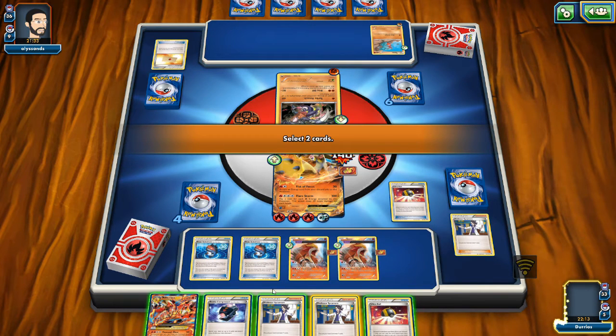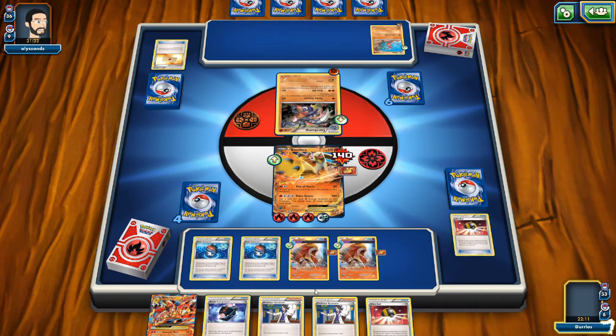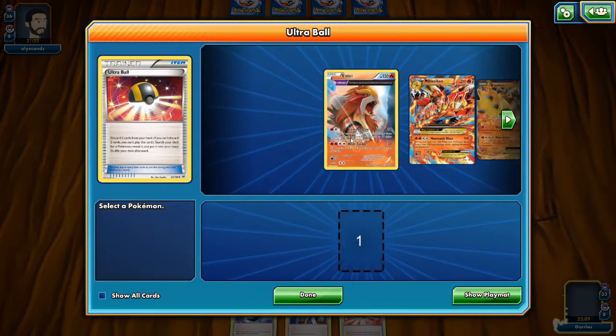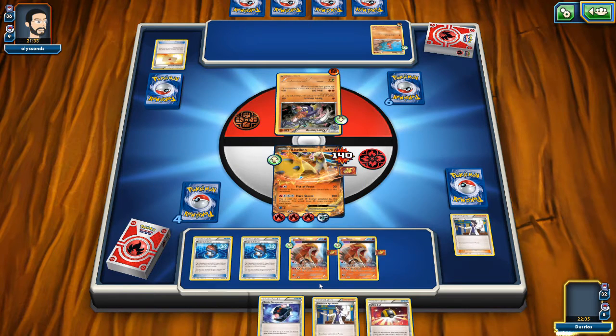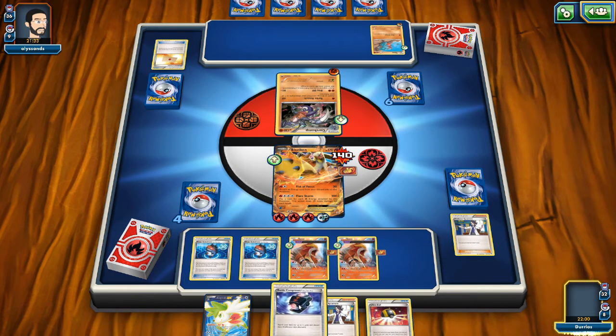Maybe. I'm gonna discard the Mega Blaziken. I don't think we'll use it here in this matchup. And we'll go for a Shaymin. Get a Shaymin in our hand. I'm not gonna put it down just yet. And